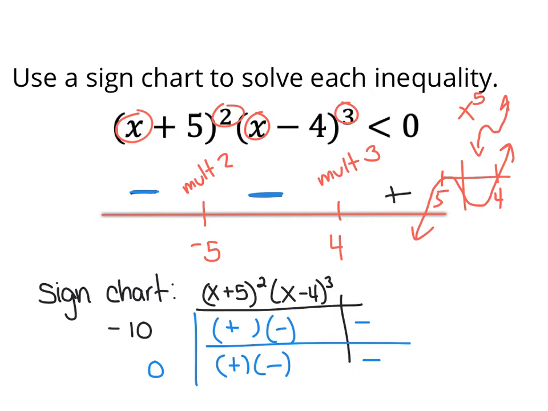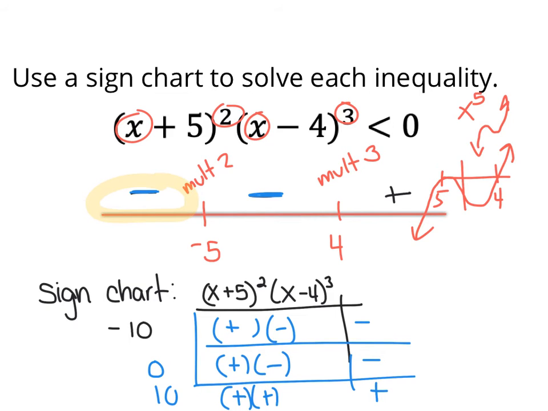And then anything larger than 4, I'll go with +10 on this one. So 10 plus 5, square that is positive. 10 minus 4 is going to be positive. I'm going to get a positive times a positive to get a positive answer. So where is my function this time less than 0? Well, it is less than 0